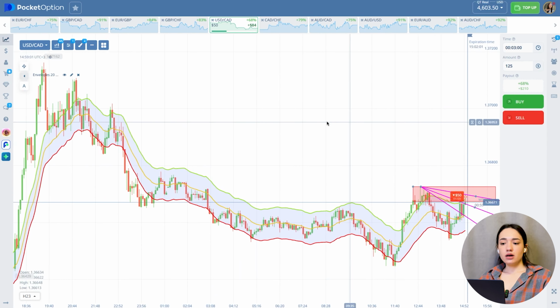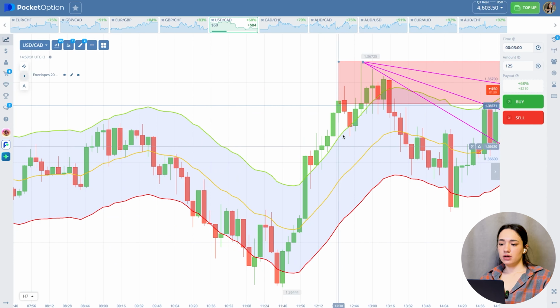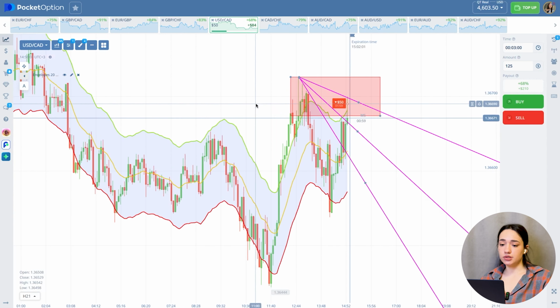So for quite a long time it was moving down, and then we see such a pullback in the dynamics and also impulsive candles with large bodies almost without pullbacks, and there were only 3 pullbacks here, and the